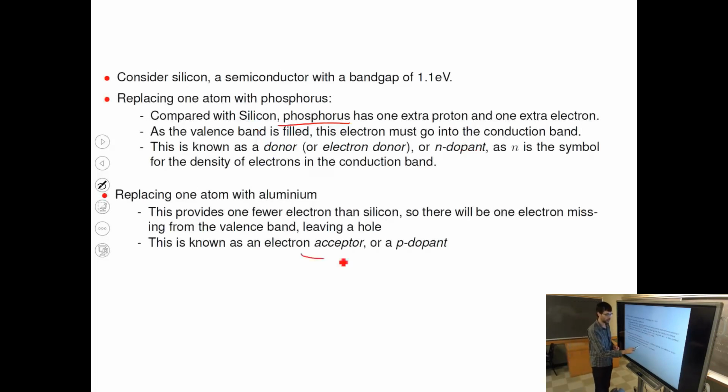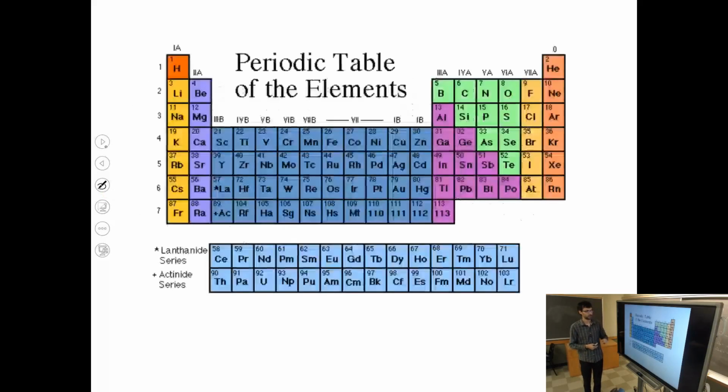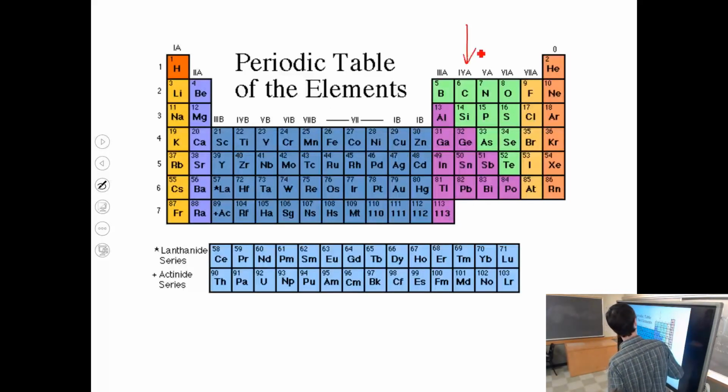So they are called acceptors and donors. A material element that gives an extra electron is a donor, so higher in the periodic table. A material that gives an extra hole is an acceptor. So this is from the point of view of the periodic table. What we've been looking at is silicon. We are in this group 4, so we have 4 electrons. So all of these guys will be acceptors.